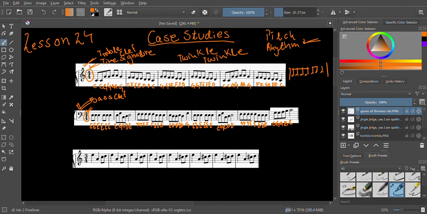It's similar to the one bar that came before it. The rhythm is tuck tuck tuck tuck tuck tuck tuck tuck. 1 and 2 and 3 and 4 and tuck tuck tuck tuck tuck tuck tuck tuck. So yeah, it's just a bunch of eighth notes. 1 and 2 and 3 and 4 and tuck tuck. I'm not going to say it again. I'm just going to add the pitches now and let's see what it makes. 1 and 2 and 3 and 4 and once again 1 and 2 and 3 and 4 and